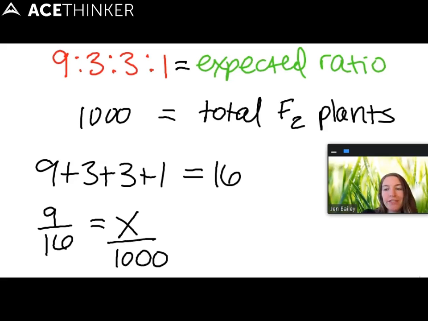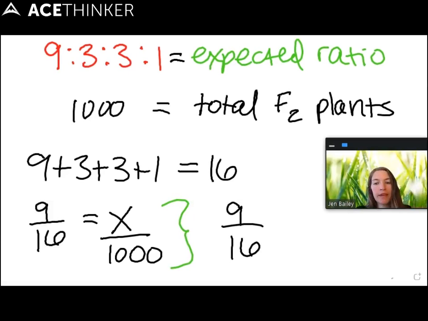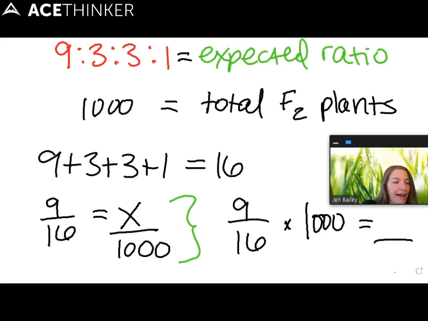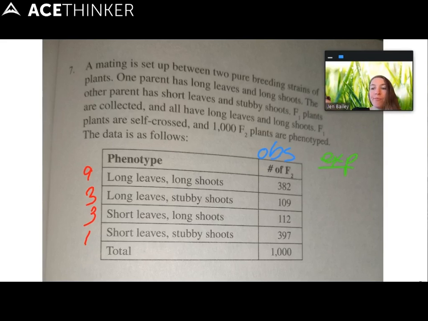Another way to do this, so you don't have to worry about cross multiplying, is to just say times 1,000 equals what? I got 562.5. Back here on my problem, I can plug that number in for my first expected value at that 9 ratio. If I do the same for the others, these are the values that I get, and they all sum